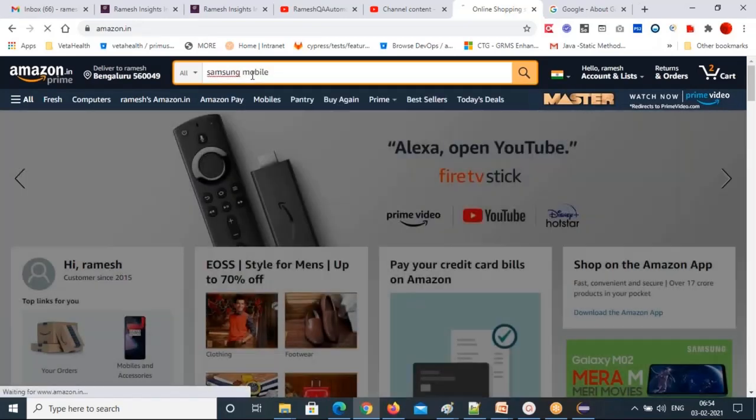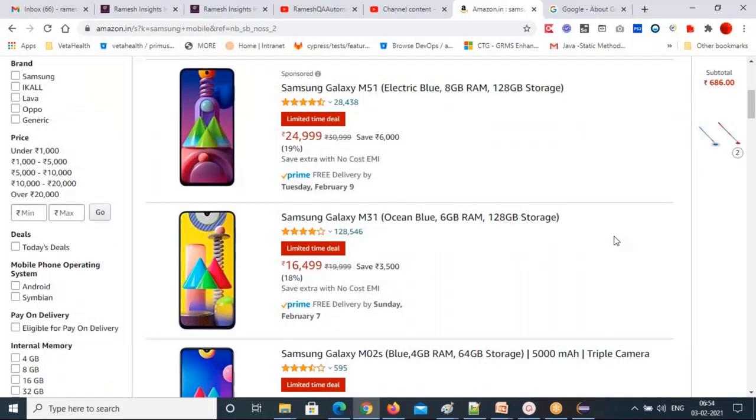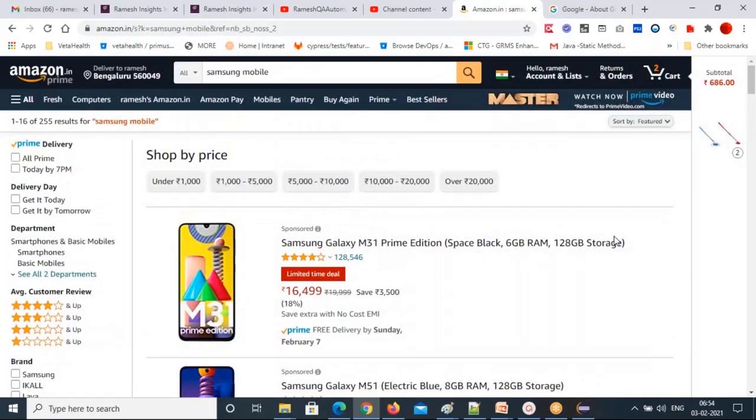I'll type, then I'll click this search icon. Then I will press the Page Down key, then the Page Up key. These Page Down and Page Up keys are there on the keyboard. Observe that. These are the actions I'm doing.